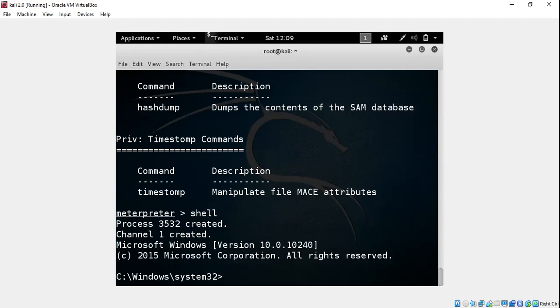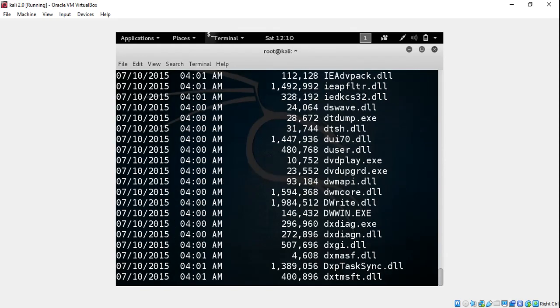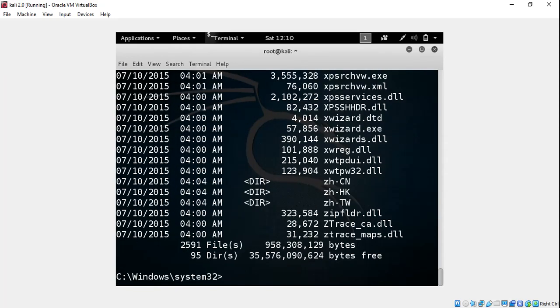See, it says we are in our target PC, which is Windows 10, right? Now we can also use dir to list all of the available directories on your target PC on the system32 folder, okay? We can navigate to different directories if we want, right? We can also use this option which says keyscan_start, right? And then keyscan_dump,